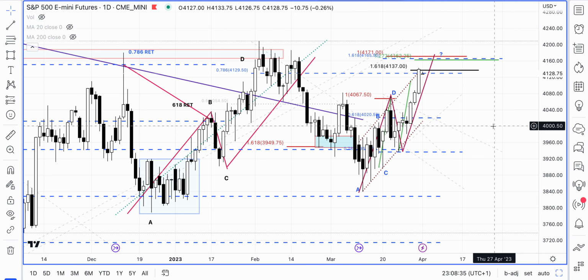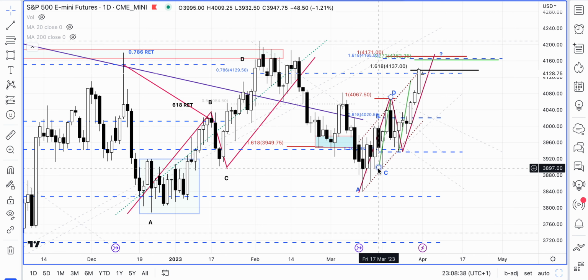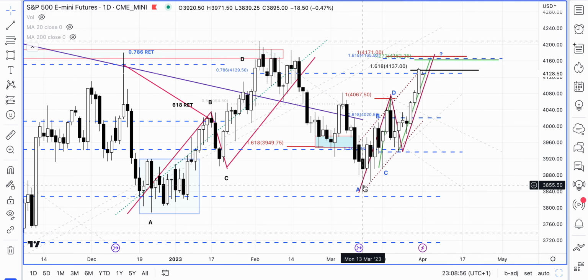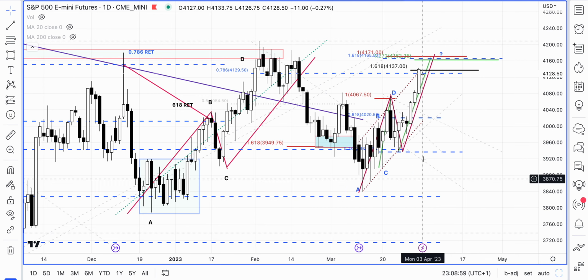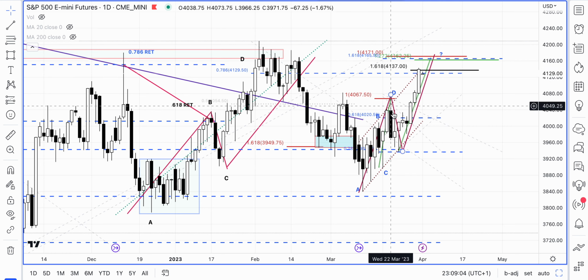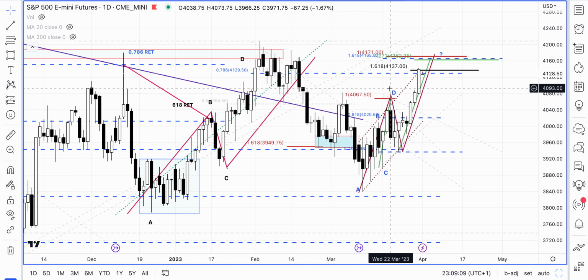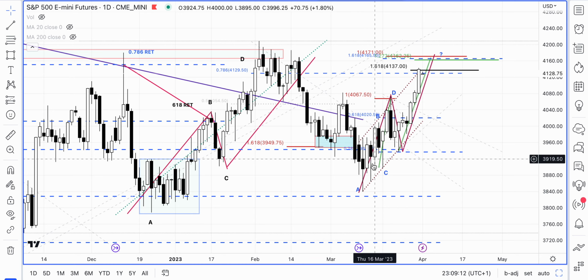Now guys, what has also happened is that this smaller ABCD pattern in green has extended, and its leg has extended to about 1.272. So I'm just going to extend it right here, and this is the 1.272. And right here we also have this maroon ABCD, so there we have a confluence level coming in. Then also we have the 1.618 expansion of this BC leg of this maroon